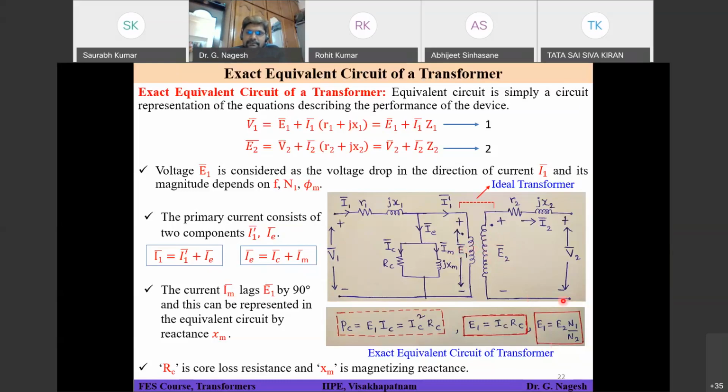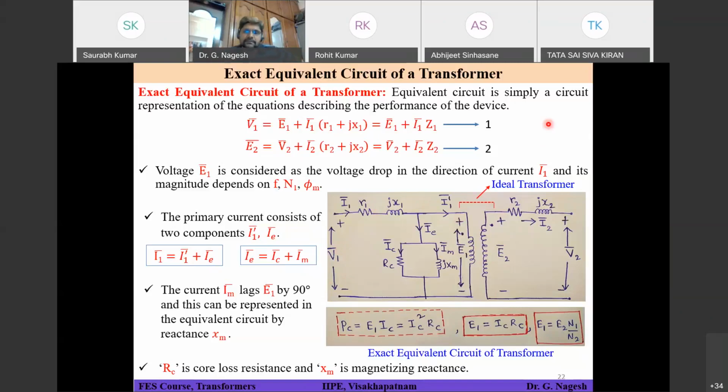Given by this expression. So 100 into 1000 divided by 100. So it will become 1000 volts. So that means all these parameters are at a voltage level of 1000 volts. That means this circuit is not connected to the primary winding actually. They are not electrically connected. So this is at the 1000 volts level, and this one is at the 100 volts level. So it is difficult for me to understand what is actually happening when the two voltage levels are different. Okay. Right.